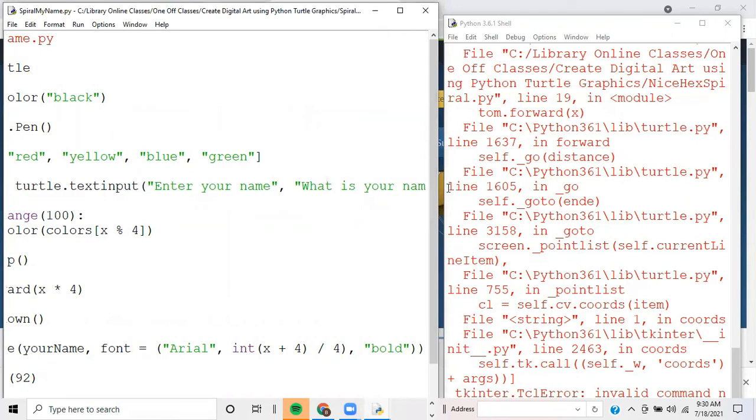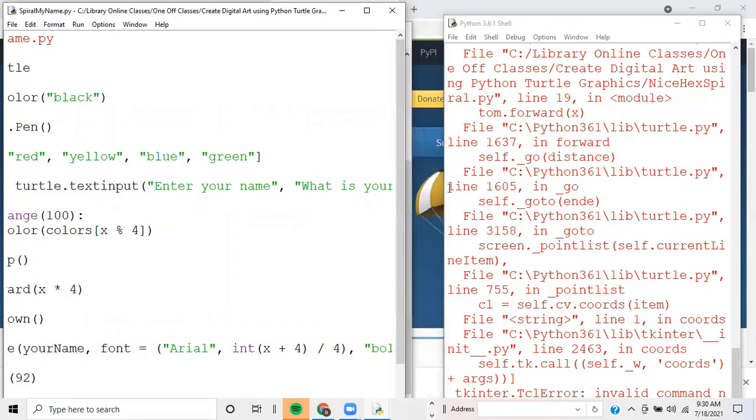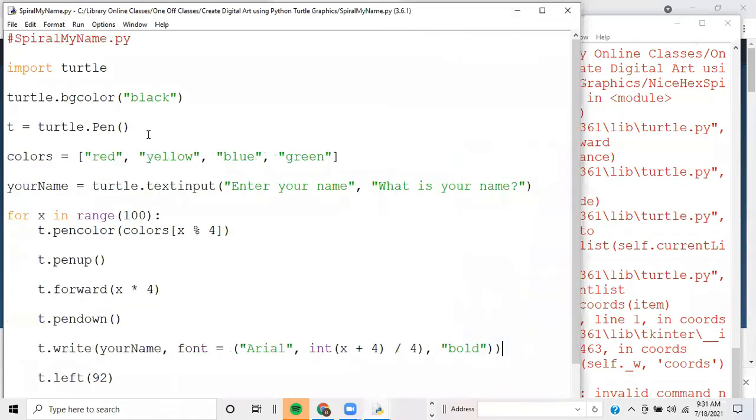Now, when you run the program and you get an error like I just said, well, actually, invalid syntax won't put the error into the Python shell, into the command line, but other errors will, and you can get clues as to what the problem is in the Python shell. All right, so mine's a syntax error,